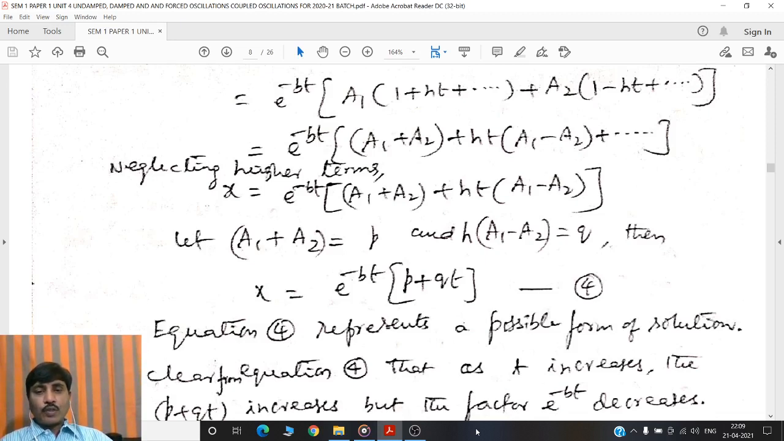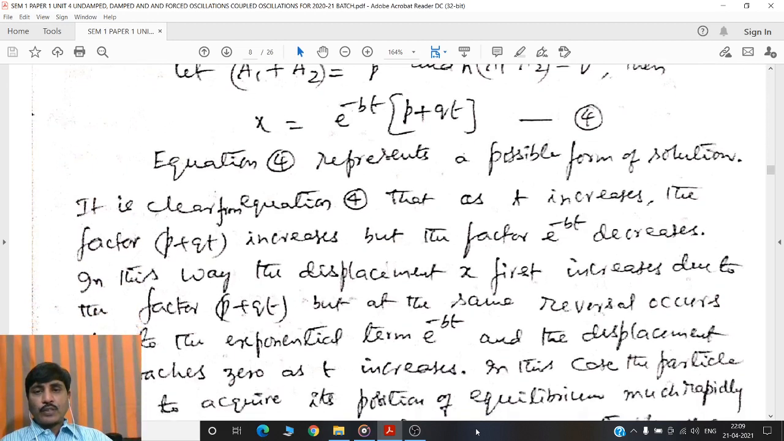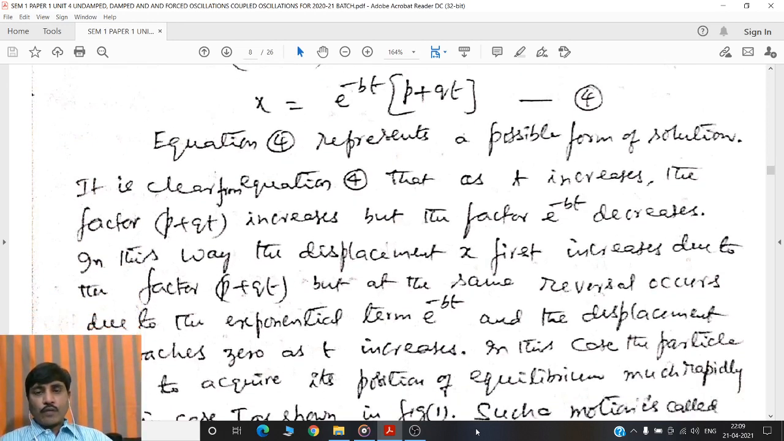Let a1 plus a2 be equal to p and h into a1 minus a2 be equal to q. Then x is equal to e power minus bt into p plus qt. That is equation 4. Equation 4 represents a possible form of solution. It is clear from equation 4 that as t increases, the factor p plus qt increases, but the factor e power minus bt decreases. In this way, the displacement x first increases due to the factor p plus qt, but at the same time, reversal occurs due to the exponential term e power minus bt,